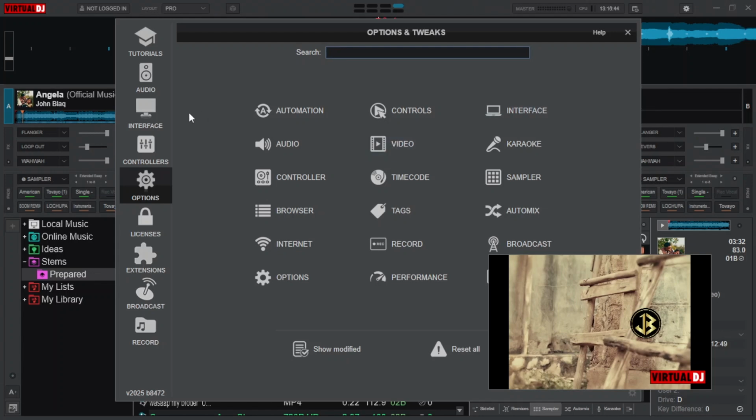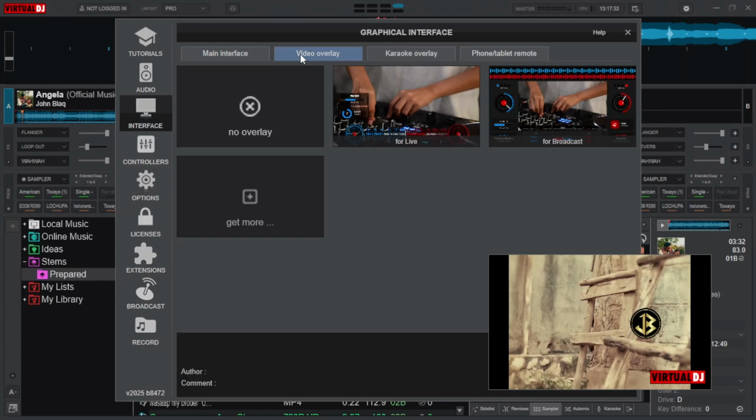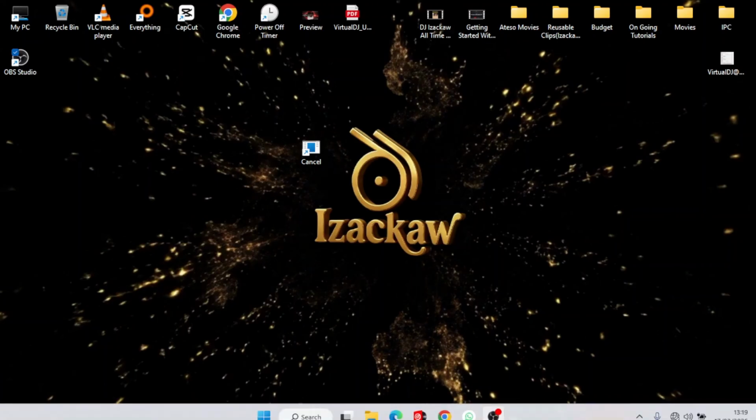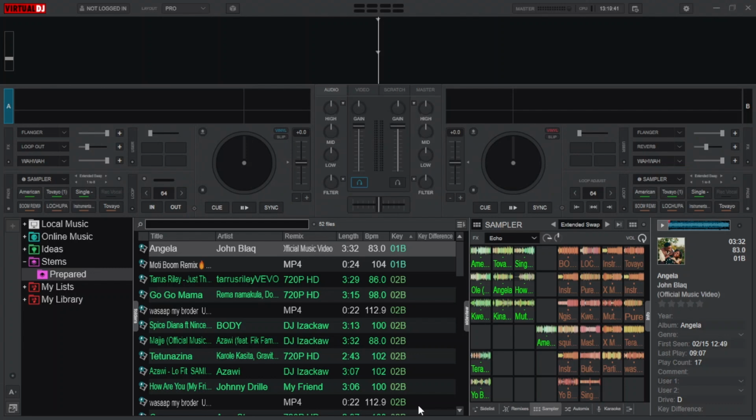Now when we go back to the interface and navigate to video overlay, we will not see anything yet. Now what we do, we close Virtual DJ so that it can refresh and reopen it. Now when we open the Virtual DJ again, you can still see nothing has changed. Here is still not logged in and the Virtual DJ logo is still showing red. So now let's open the settings by